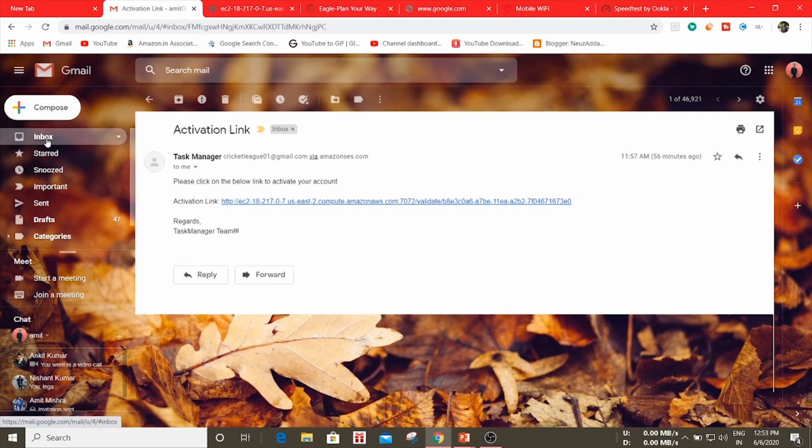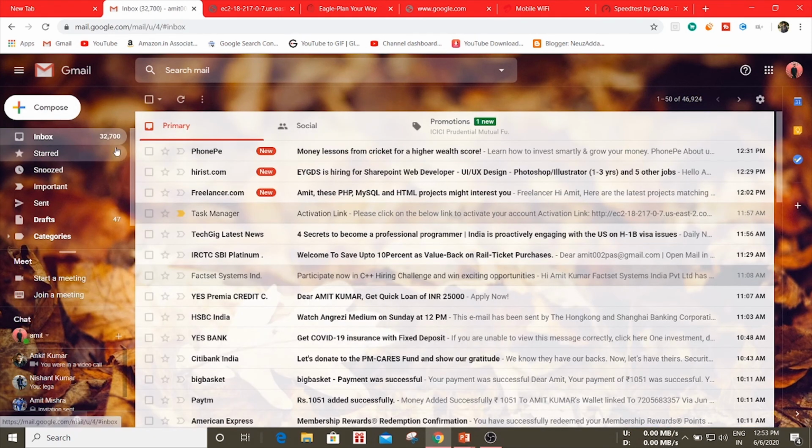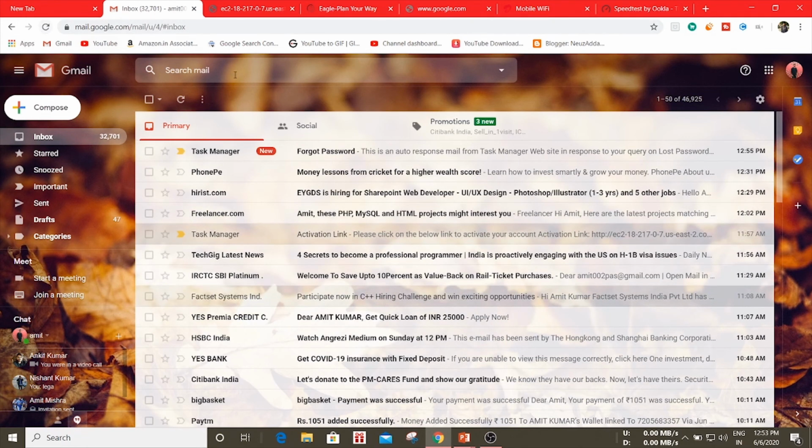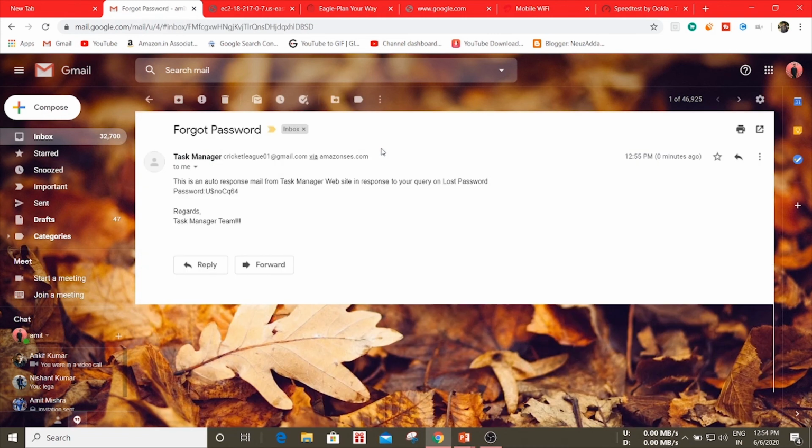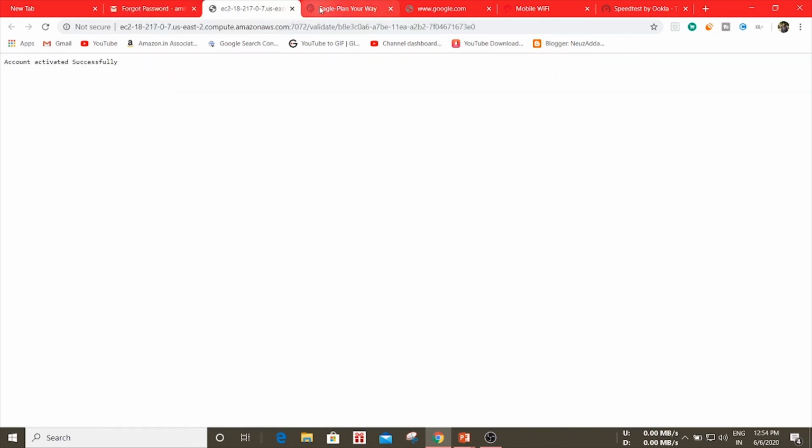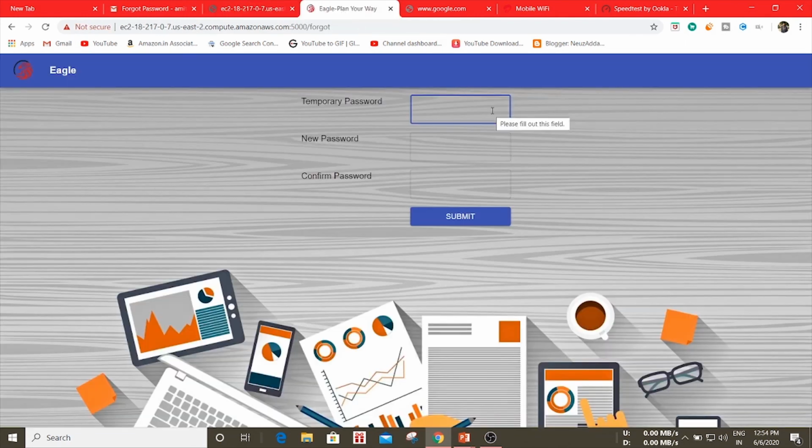The temporary password will be sent to your registered email ID. Let's see whether we have got it or not. We'll refresh the page. Yes, you can see that we have got the mail for the forgot password. In that mail, the temporary password is there. You can copy this temporary password and paste it here. And there you can set the new password.